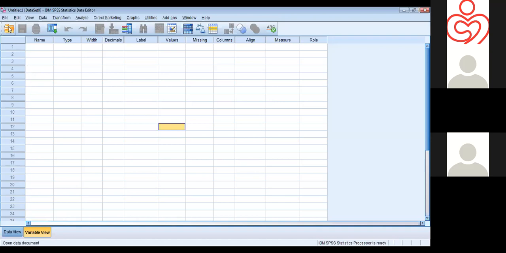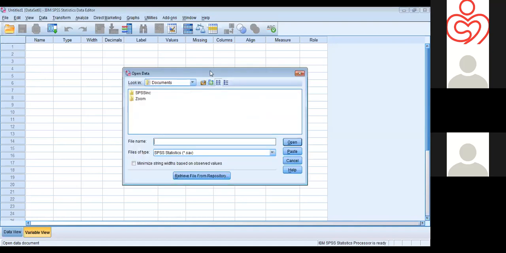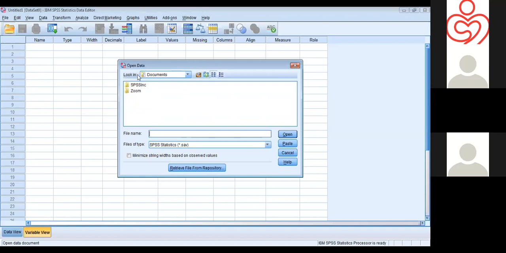Here we can see a folder icon. You just click there. A message tab will come like this. What is there? Look in. So SPSS is asking where our data is, from where we want to import the file.